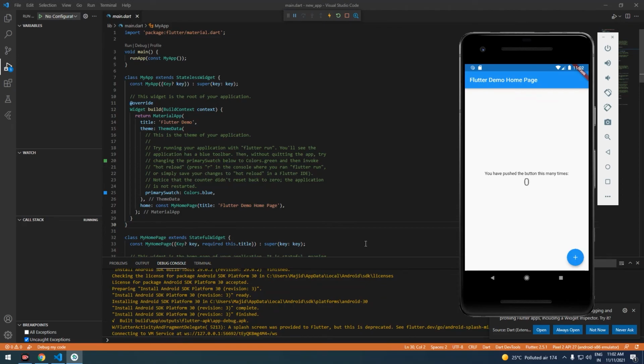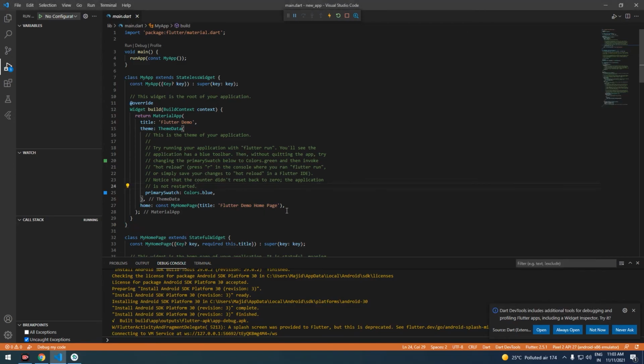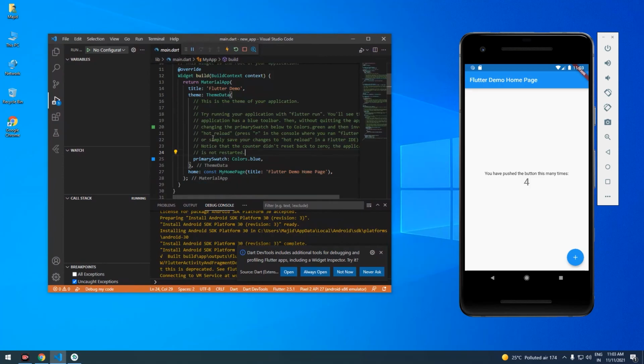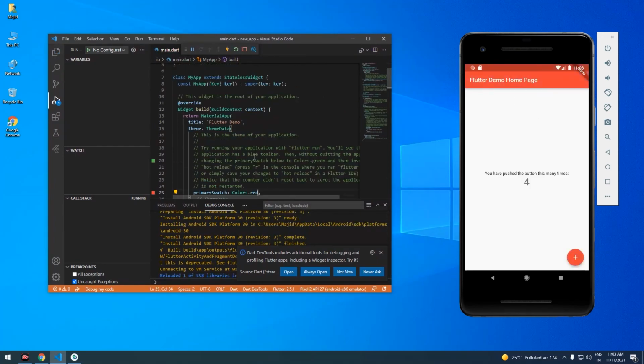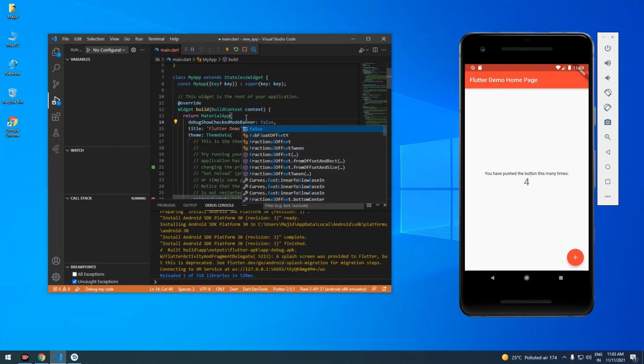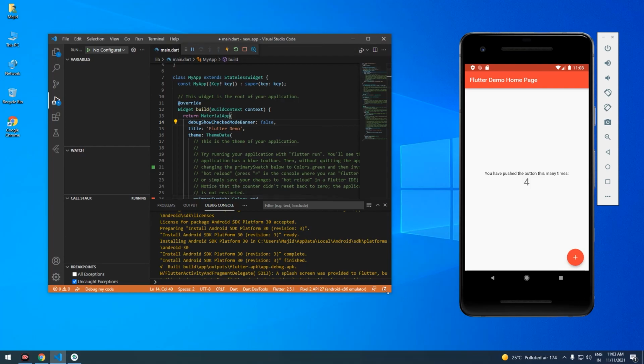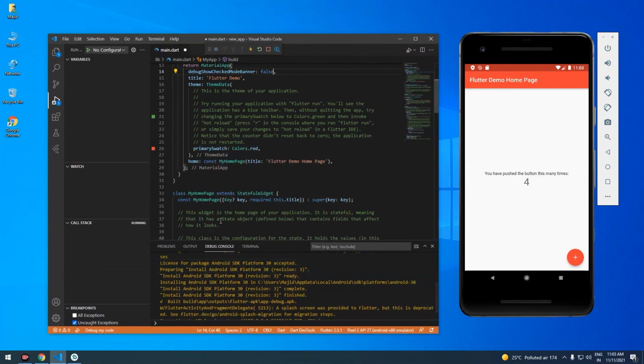So the application is installed onto the emulator and here you can see that this is working perfectly fine. Let me just show you one thing. I'll just change the code in order for you guys to see. And here you can see that everything is running smoothly and the application is running. If you have watched this video completely, that means that you have followed it along. Congratulations, your application is running.